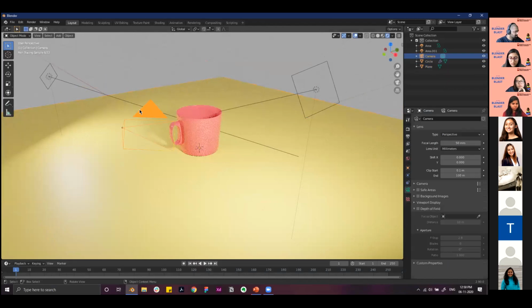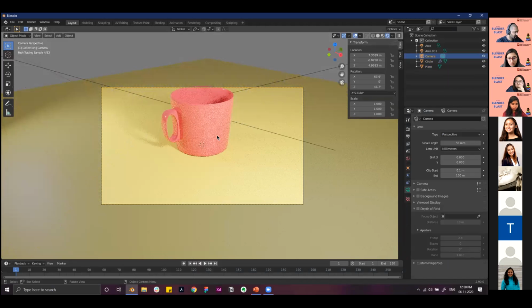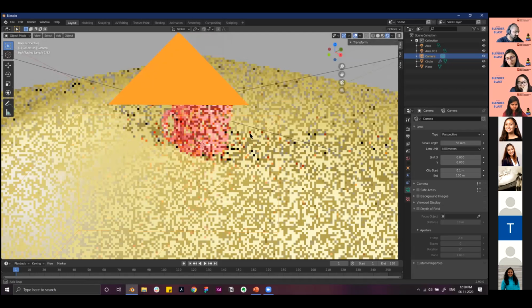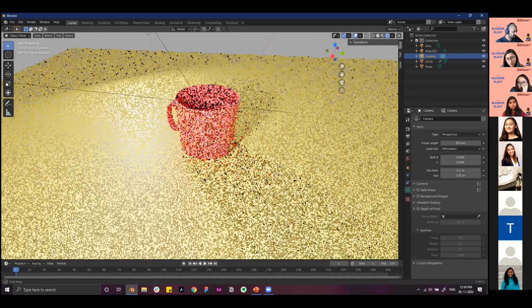The way you move your camera is to click on the camera icon, and you can see what part of the image is going to be rendered. I think your mug is getting cut right now, which is not desirable. But once you click the middle mouse to move, it moves out of the camera.